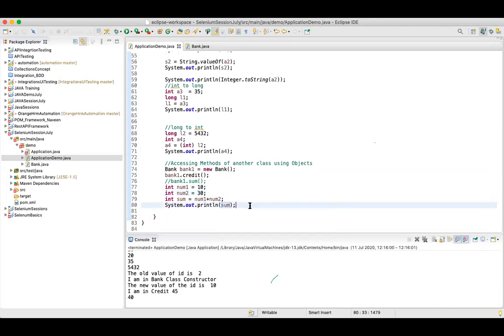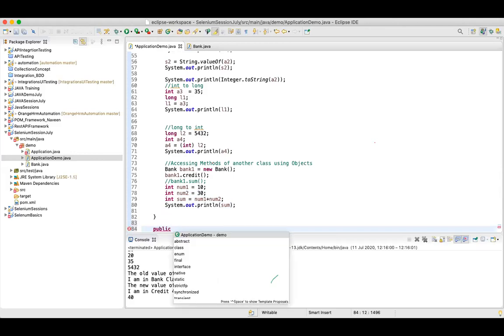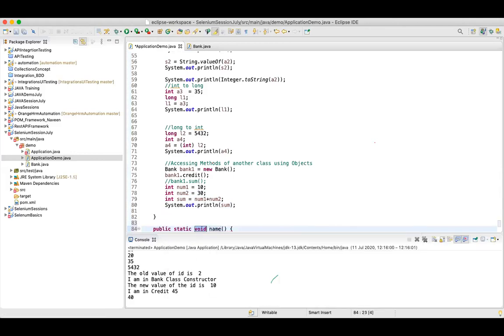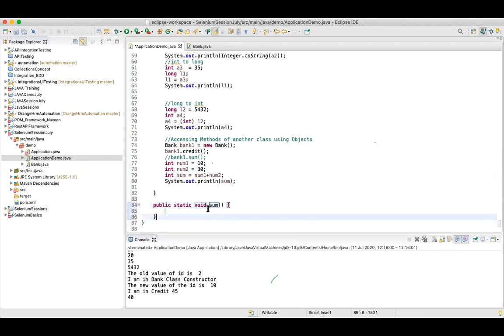Now let's imagine I want to add these numbers again and again. Instead of doing all this over here, I can create a method, let's say a sum method. I can define integer num1 as a parameter. In a method I can define parameters, so this method expects two parameters of type integer.